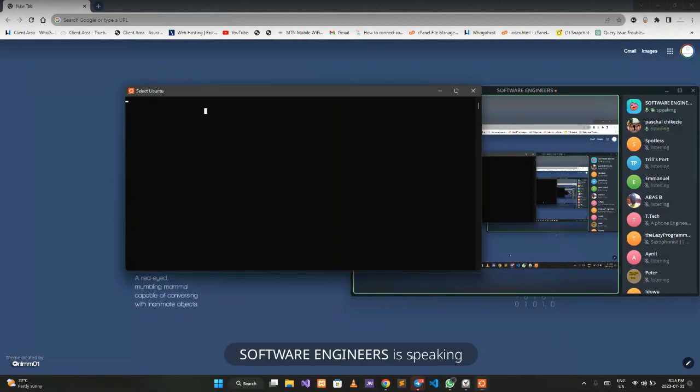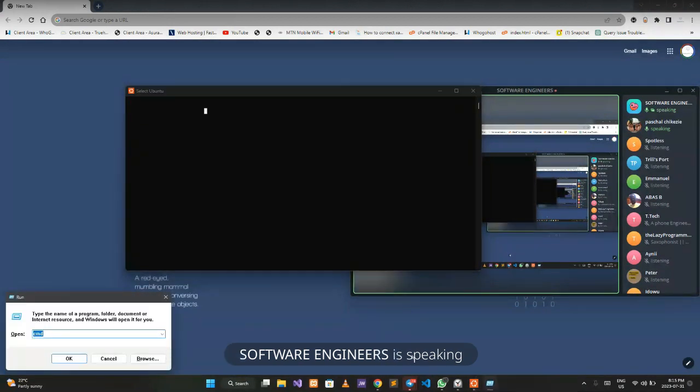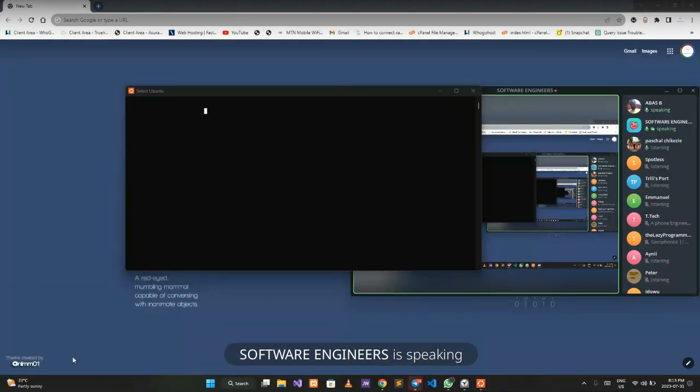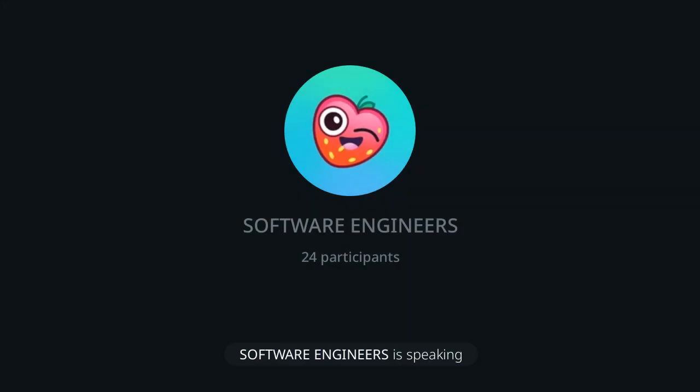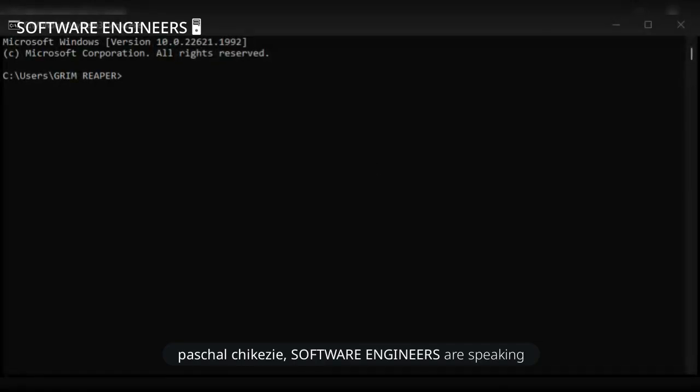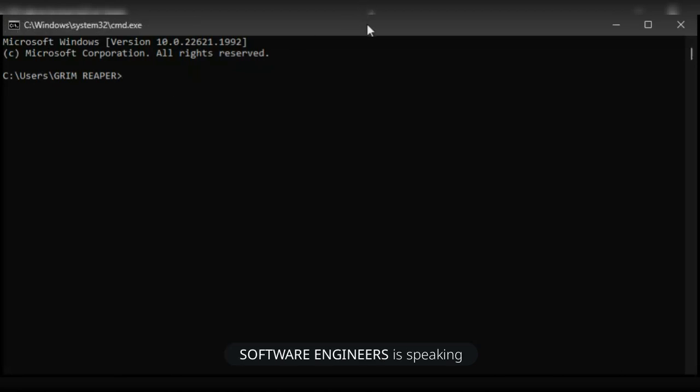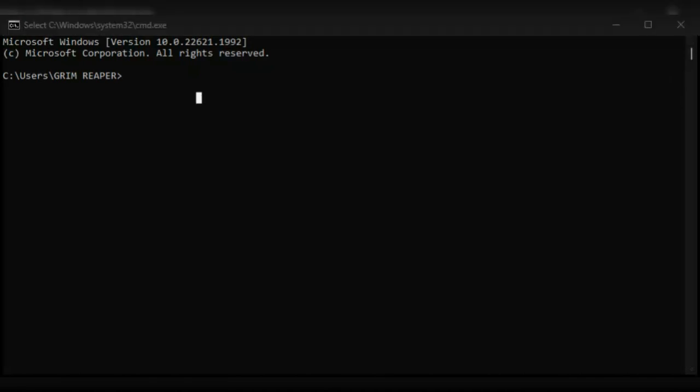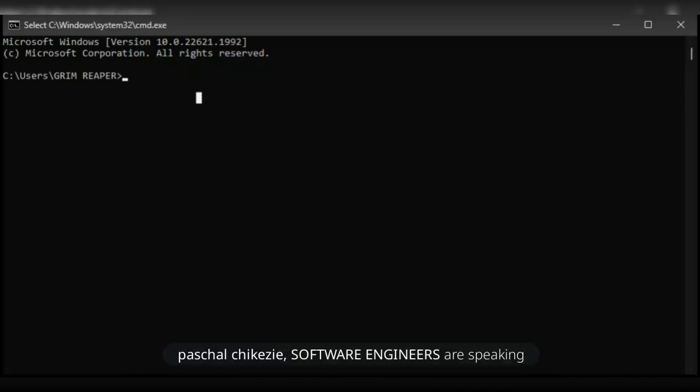Okay, so basically just go to your CMD. Just go to CMD on Windows. Let me share my screen so you see it properly. Now, this is my Windows terminal currently. So you're going to run